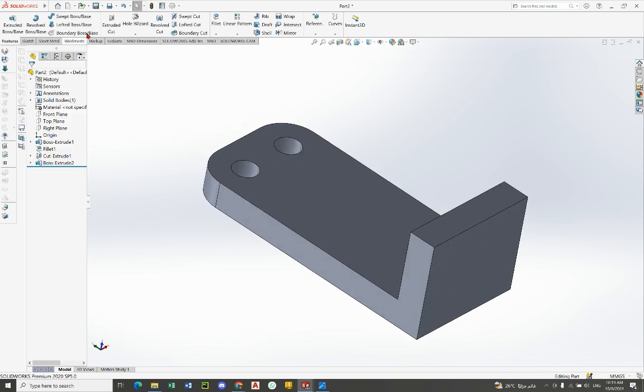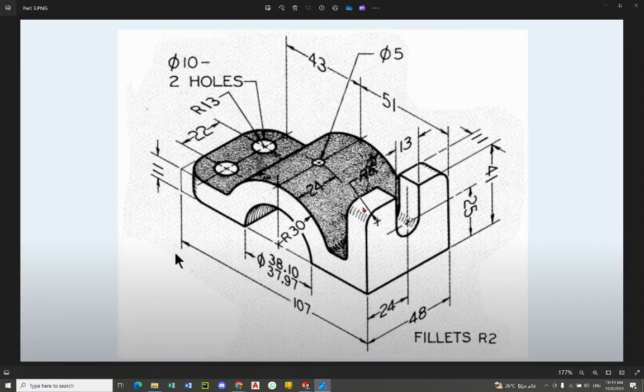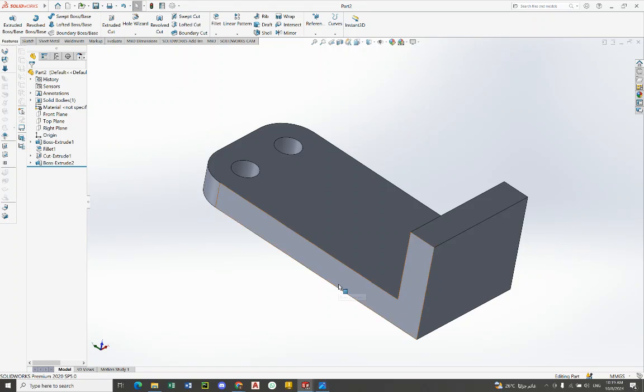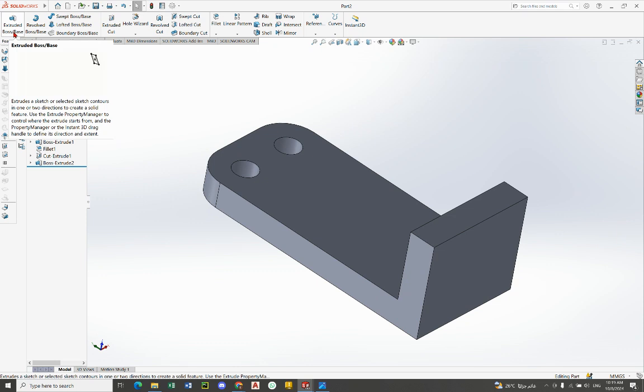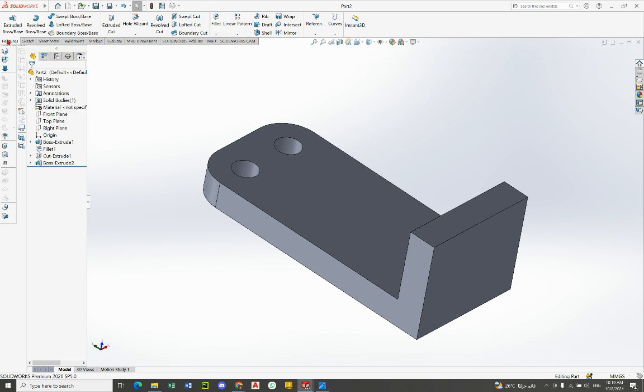Okay, save it. Now let's do the radius. Like we see here, we have radius 6. It's a fillet of radius 6 of a 3D part. So in order to do the fillet of a 3D part, we should enter here on feature and do the fillet like we see here. Features are for 3D. And fillet here,